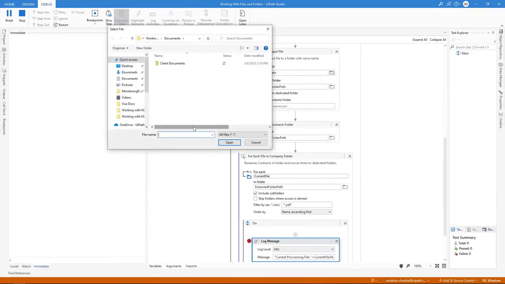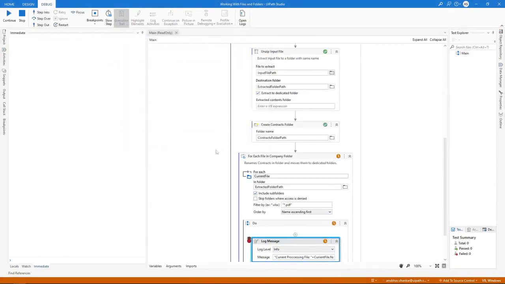Like in the previous demo, we choose the client documents.zip file. Then we can make use of the immediate panel and explore what kind of object the current file is. For that, we'll use the getType function. As expected, it's a file info object, and that means that we have access to the name property that provides